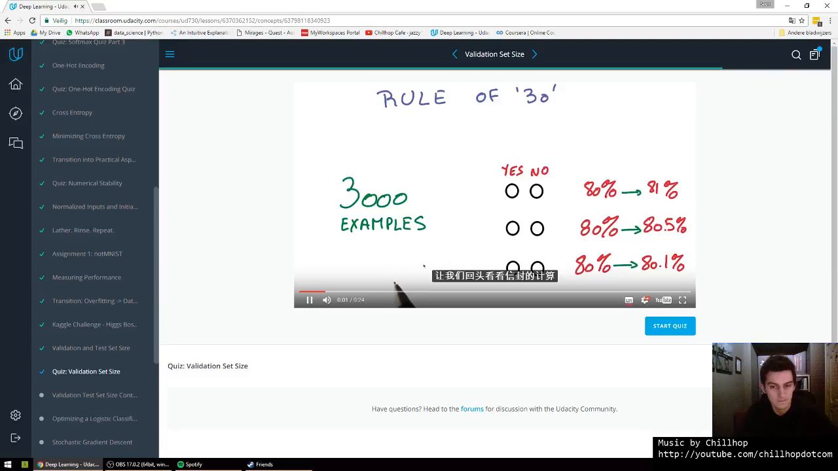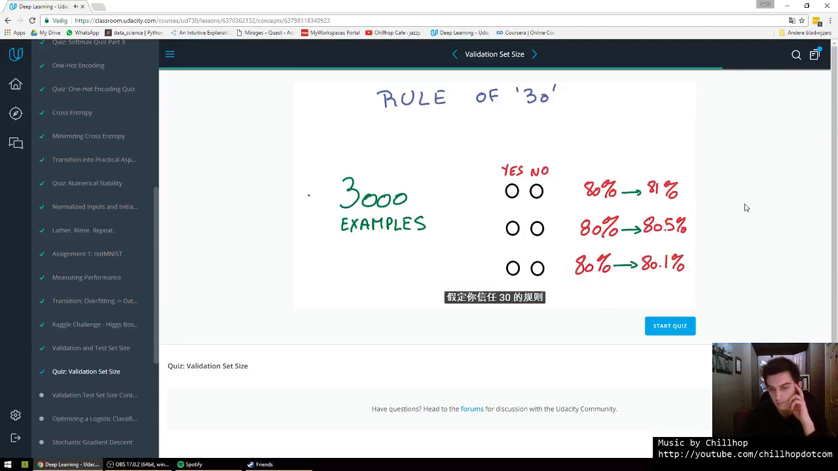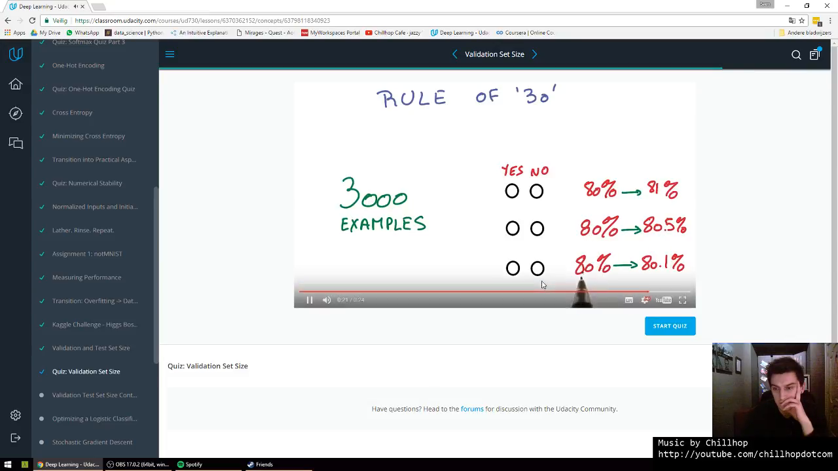Let's do some back-of-the-envelope calculations. Imagine you have 3,000 examples in your validation set, and assume you trust my hand-wavy rule of 30. Which level of accuracy improvement can you trust to not be in the noise? A difference from 80% to 81%, a difference from 80% to 80.5%, a difference of 80% to